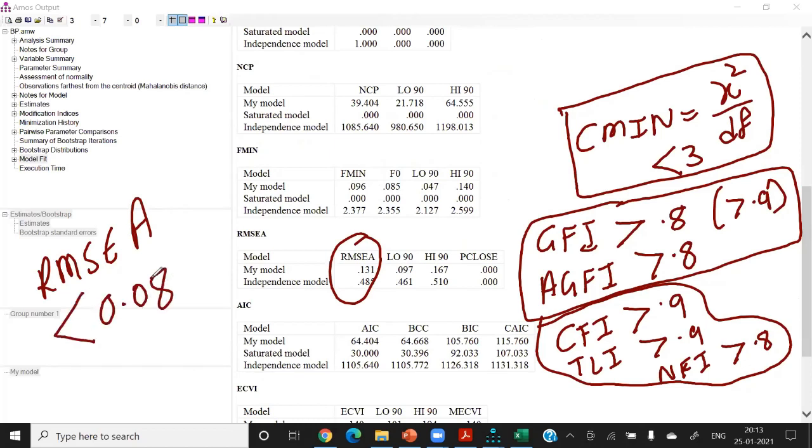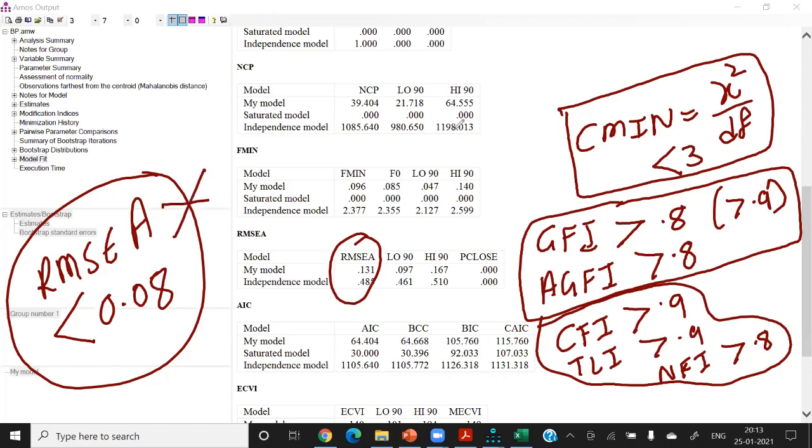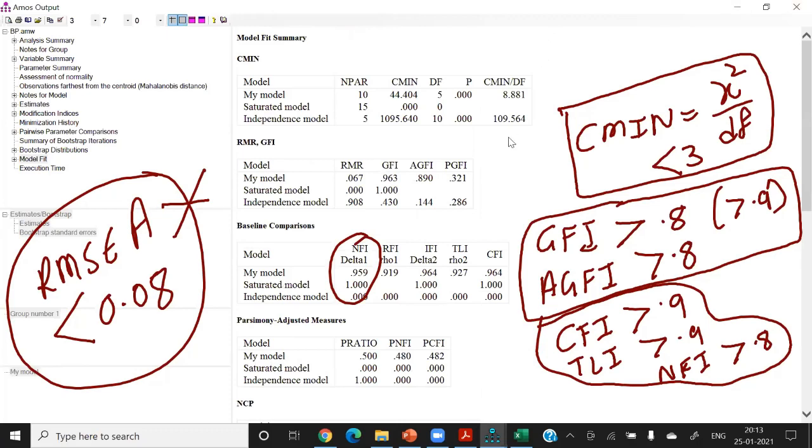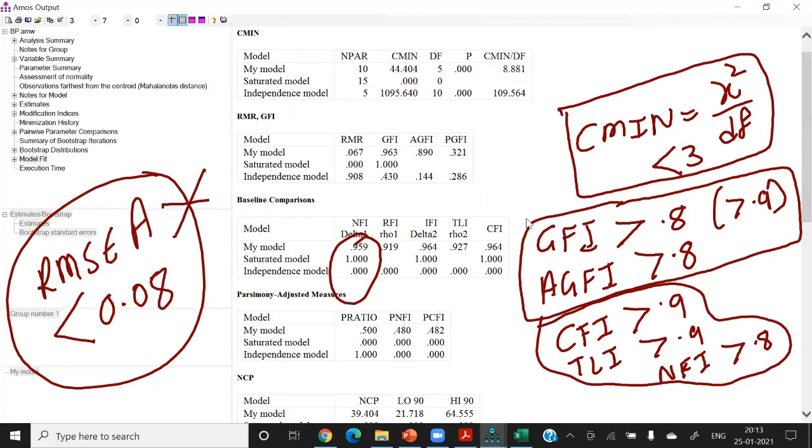So we are having these statistical fitness measures, and if you check all the conditions with the actual figures, there is a problem. RMSEA is a problem here, and the next problem is CMIN upon DF. So we are having 2 problems in this case.